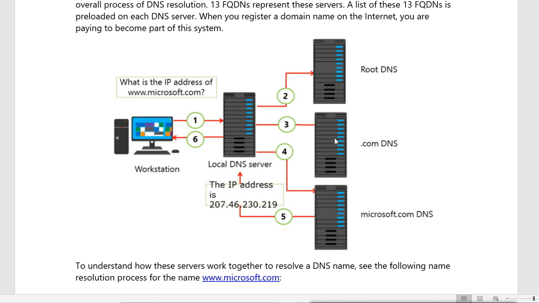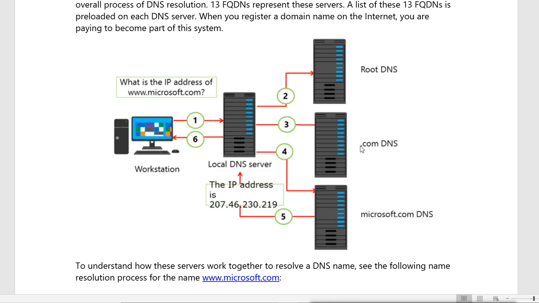Now how does the record come to the com server? This record will come when you register your domain name. You may have heard that you are purchasing a site or opening a site; you are registering the site and registering the domain. So when you register your domain, your domain name is registered into these com servers. Basically com is for commercial, so you will get your sites with .com or .net. You will not get a site for .gov, because gov is for government use. All the government sites are registered in the .gov DNS server. Educational sites go to edu.